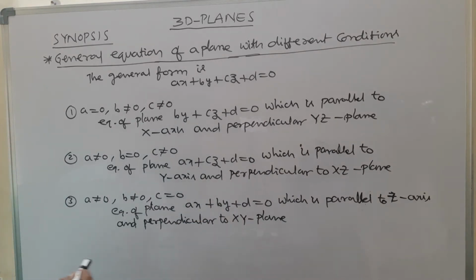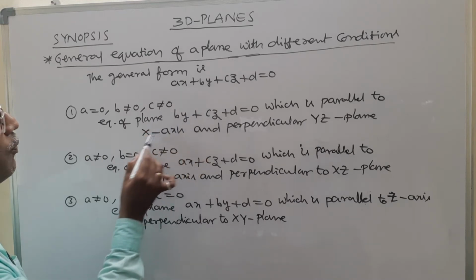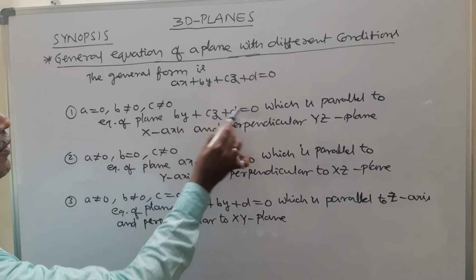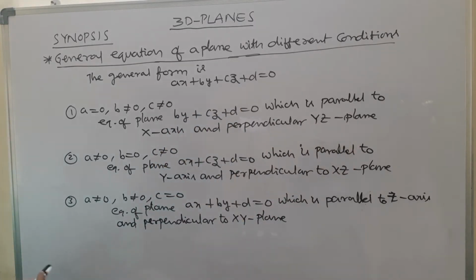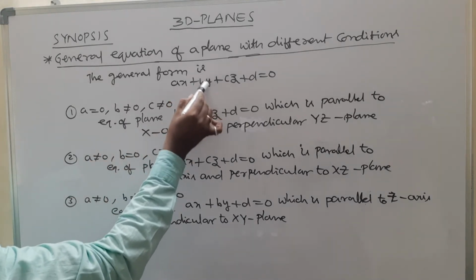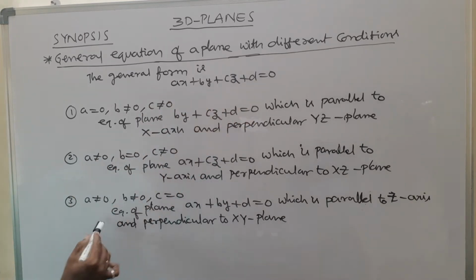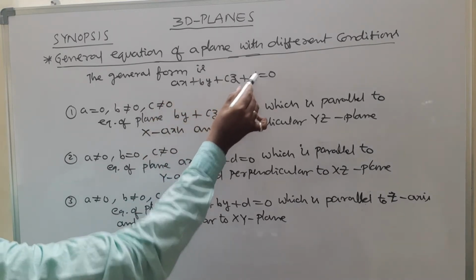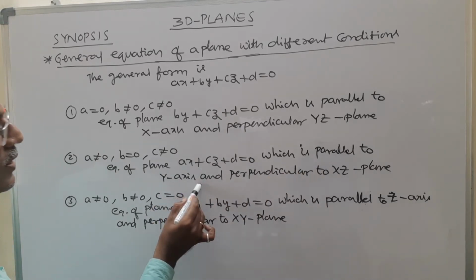Here to observe that the x coefficient is 0. Then the equation of plane is parallel to x-axis. Here the plane is perpendicular to yz plane. Similarly, second one, in this case b equal to 0. If b equal to 0, a does not equal 0, c does not equal 0, then the equation of plane is ax plus cz plus d equal to 0, which is parallel to y-axis and